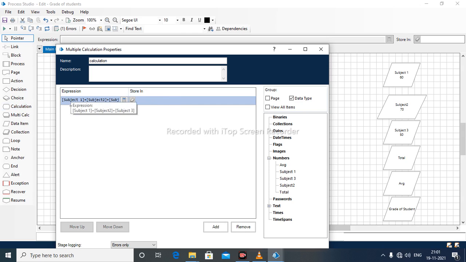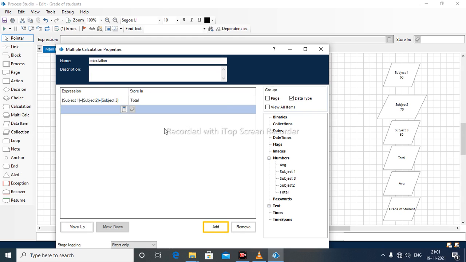And where I want to store this total, so in the data type label as total. I will add one more line so that I can perform the average operation. So the input is total. Okay, this expression is total, and output will be average.